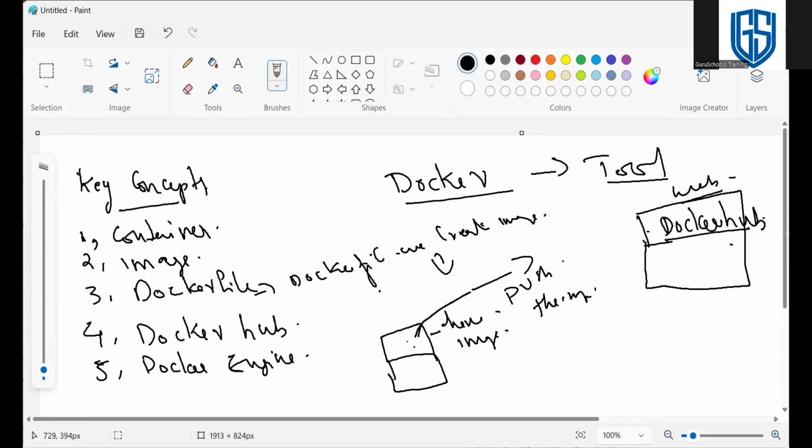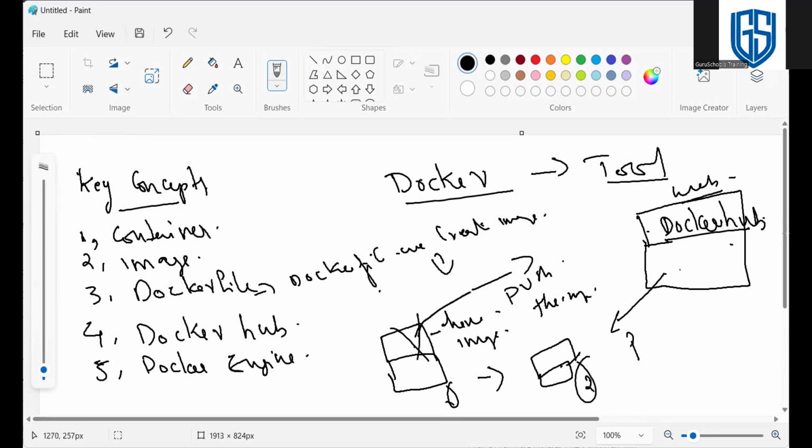Got it. So leave the laptop. After some time, say after 1 month, we log into another laptop, and we need the same image. So what will we do? Nothing. We just log into Docker Hub and we can pull the image back to this laptop. This is laptop 2, and this is laptop 1. In a similar way, we can pull the image from any environment, any PC, anywhere. That's why we push and pull images using Docker Hub.